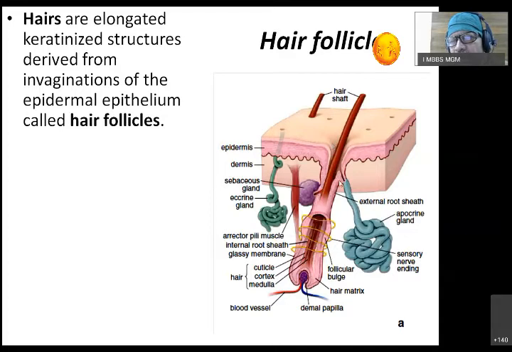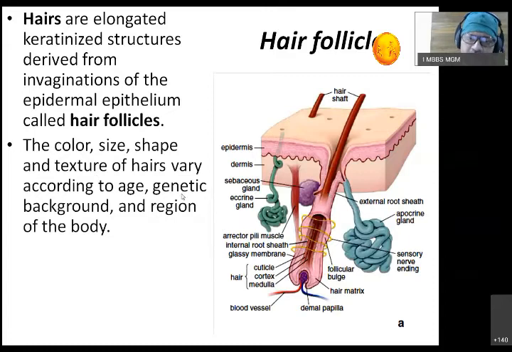Another gland, which is again a modification of the sweat gland, is what we call the apocrine gland. They are specifically present in the axilla, perineum, or areola of the nipples. They are called apocrine glands. And then another gland which develops independently, again an extension of the epidermis, is a coiled structure. We call it the eccrine gland, also called the sweat gland. So these are the few structures we are going to see in detail: hair follicle, sebaceous gland, and the sweat gland.